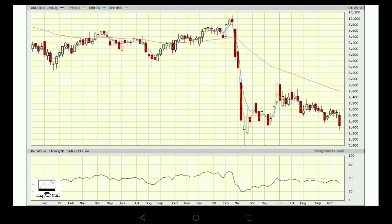The market drops all the way until March, where it bottoms and it tries to stage a recovery. However, the market can only do its very best in May and get up to that level of 8,000. But look at the 52-week moving average. The 52-week moving average is falling, and it has been falling for the entire 2-year period of this chart. 8,000 was the best it could do. End of May, beginning of June, the market falls away, and it's just drifted